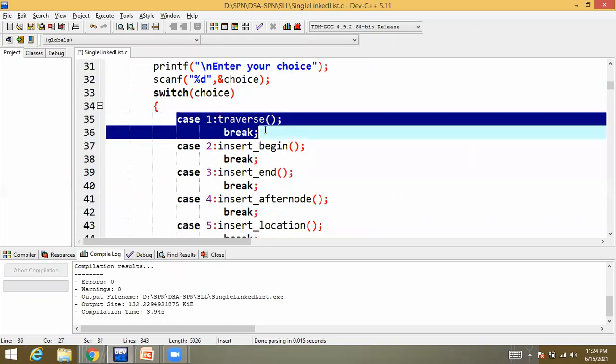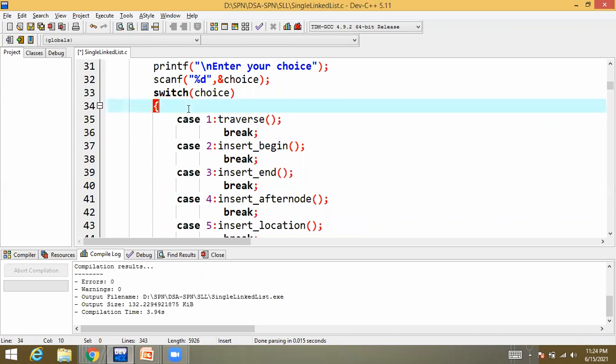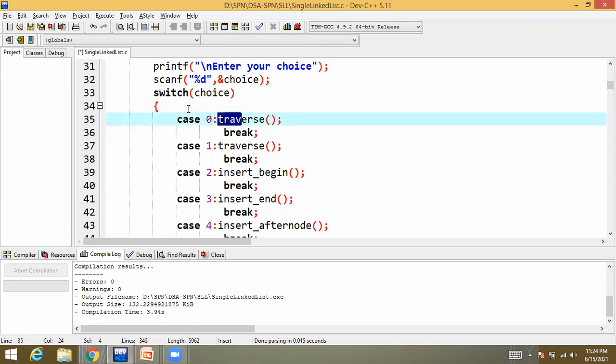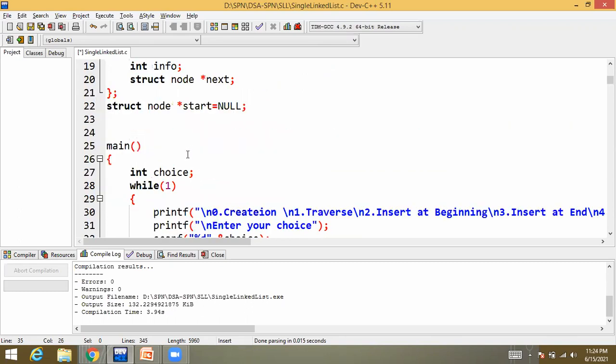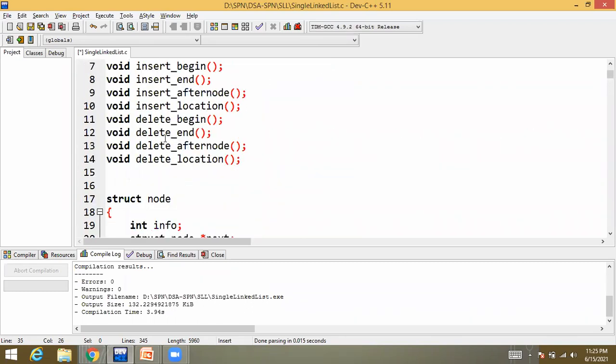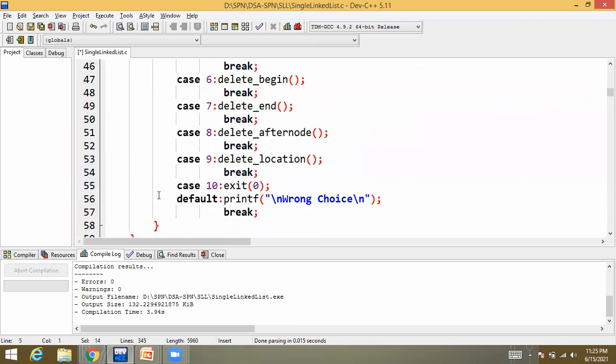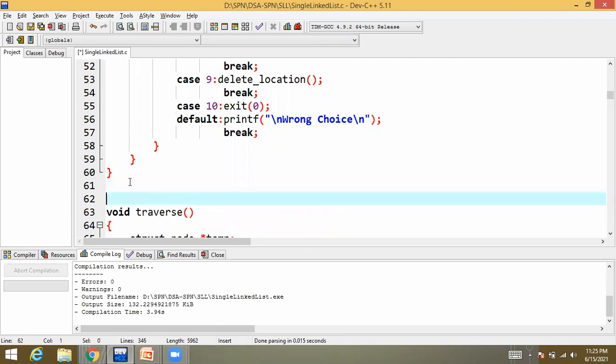Now like case 1, 2, 3 we have written, we'll write case 0, and the function name we have given is create. So let us implement the same.